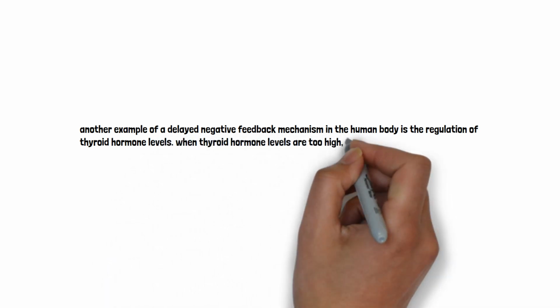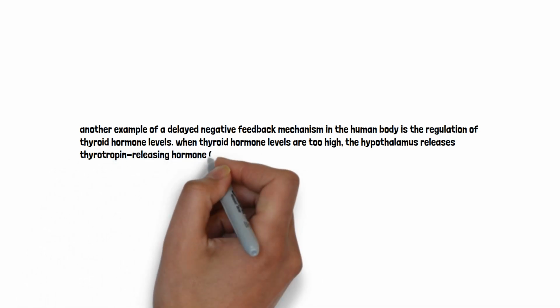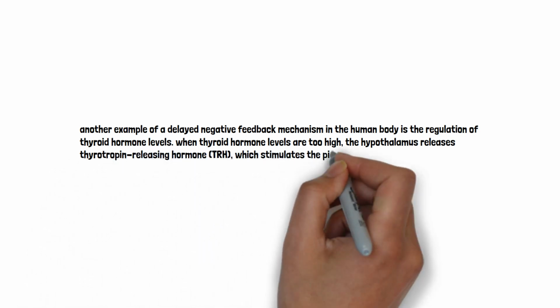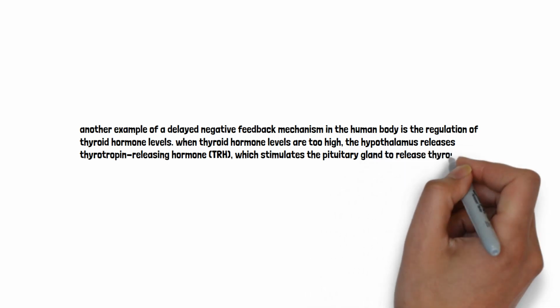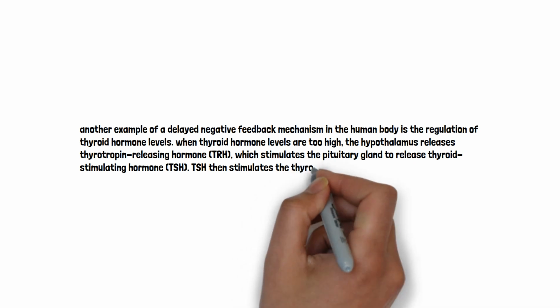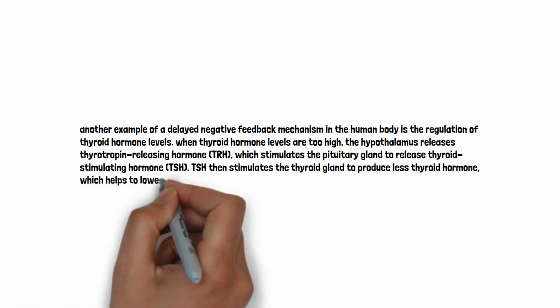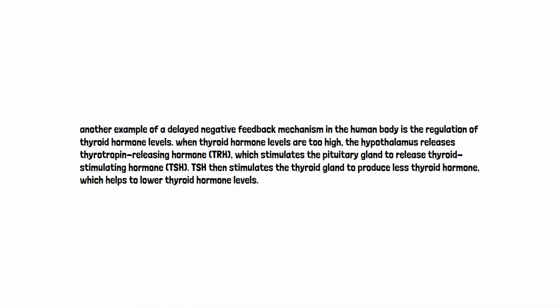When thyroid hormone levels are too high, the hypothalamus releases thyrotropin-releasing hormone, TRH, which stimulates the pituitary gland to release thyroid stimulating hormone, TSH. TSH then stimulates the thyroid gland to produce less thyroid hormone, which helps to lower thyroid